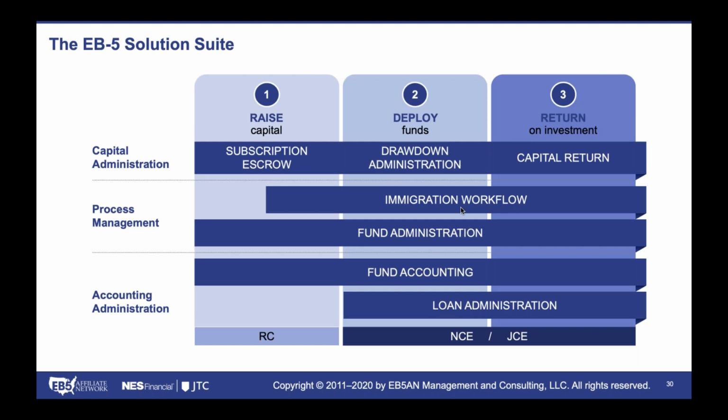And so when you think about the administration or the back office requirements as a general partner or regional center, you have to think about addressing all three of those if the limited partners are going to get the benefits that they're looking for. And so we approached it by developing solutions in the three areas shown here. The capital administration, how money moves, when it moves, because that's very important not only to the project being successful in terms of getting capital when needed, but also in terms of complying with the immigration rules,